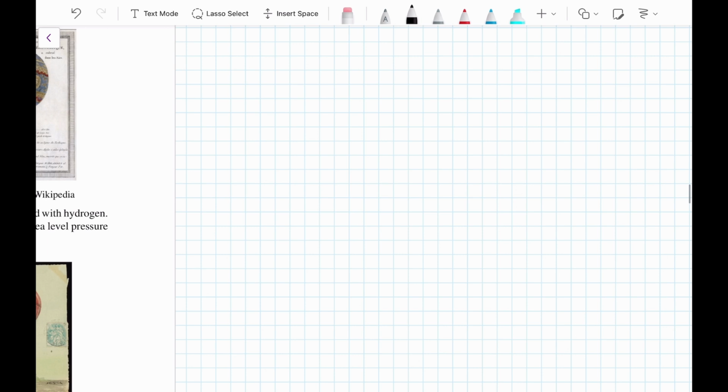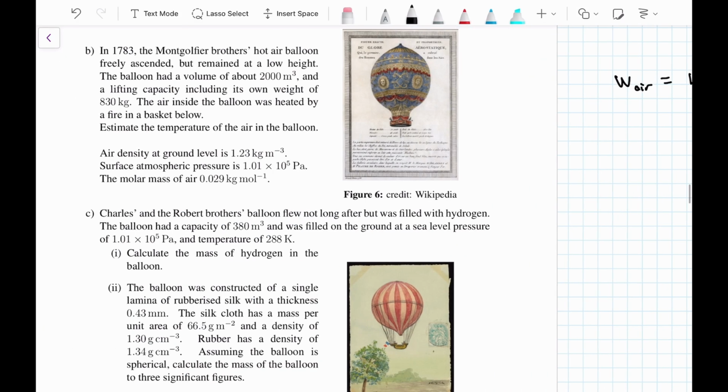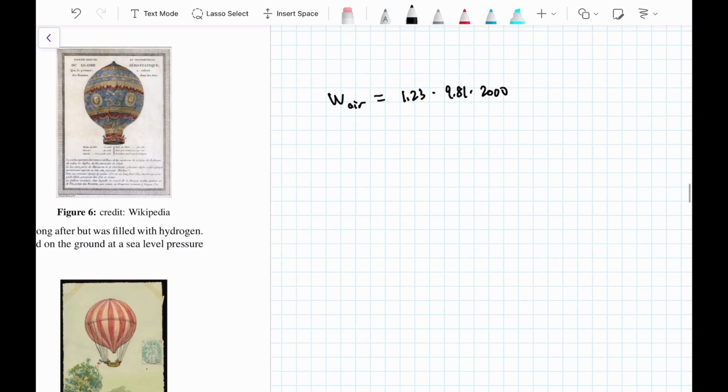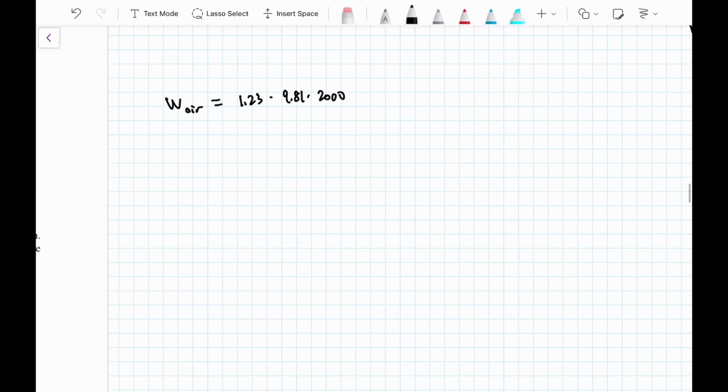So we say the weight of the air, W air, is equal to the buoyancy force. The buoyancy force will be rho g V, which in this case is 1.23 times 9.81 times 2000, so density and then the volume, and minus the weight of the balloon, which is